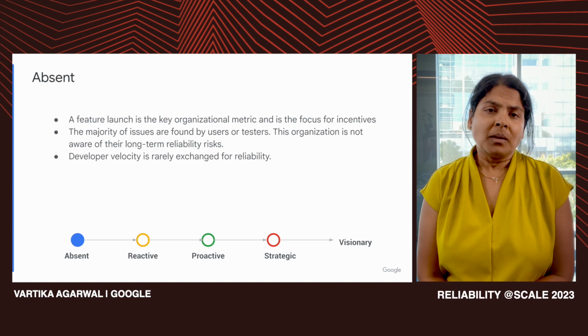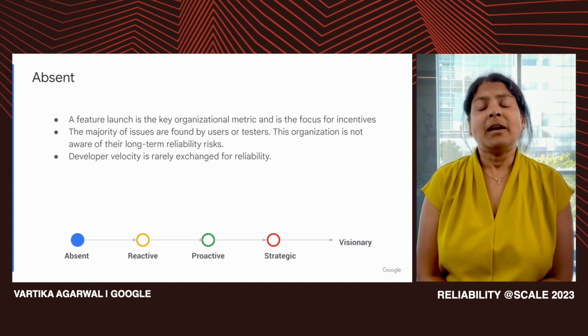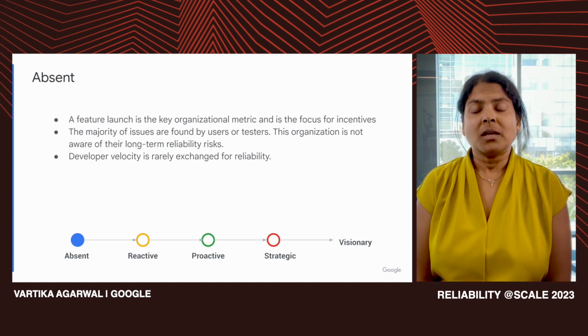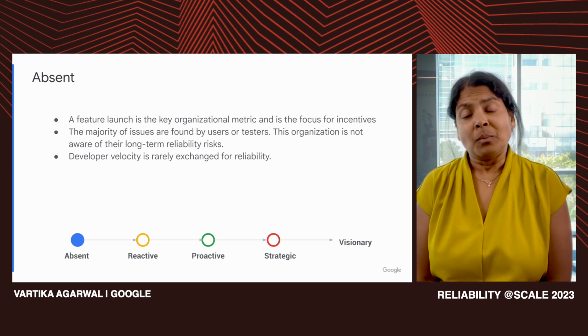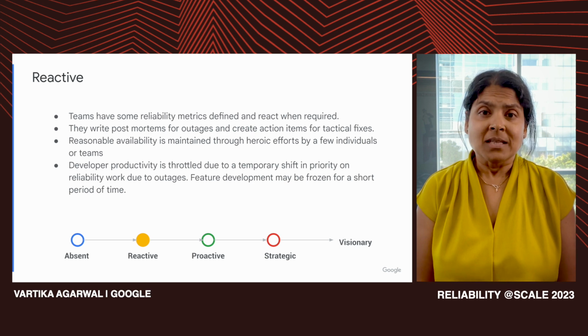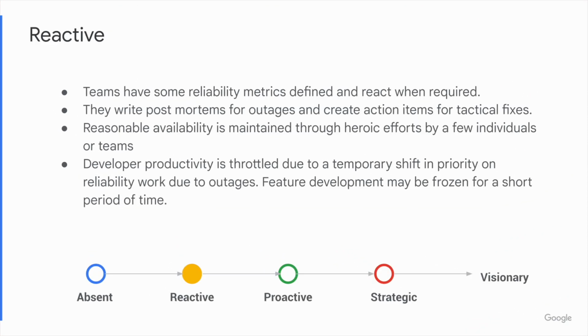We don't recommend this stage. The only reason is because it leads to bad user experience and low confidence in the product. We suggest that teams and organizations move to the right of the maturity model as soon as possible and get to the next stage, which is the reactive stage. Although we'd like them to move even further, this would be the next evolution.